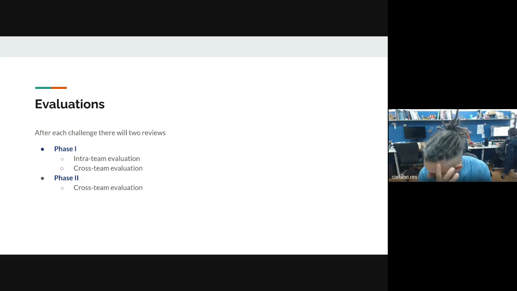In phase 2, you will have chosen which people you are teaming up with, so the score that you receive will be shared equally with all the members of the team. In phase 1, it's possible that somebody decides not to work, and so they will get a portion of the score for phase 1 which is proportional to the amount of work that the other people in the team said they did. In phase 2, you decided to be in the team, so everybody will get the same score in the team.